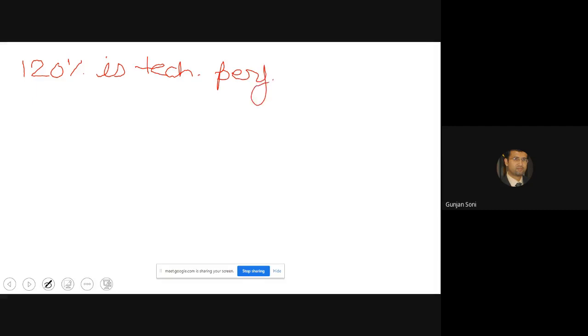And the company policy for allowances is around 13%. Okay, so first we have to find out normal time and standard time. I think it'll take some time because we have some numbers and all.